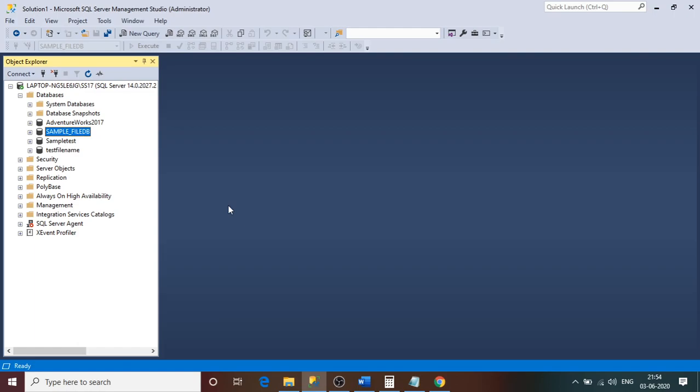So that means we can create a database with a file name of a different extension. It is perfectly okay, but the recommendation from SQL Server is that we create a database with the primary file having the .mdf extension and the transaction log file with the .ldf extension, so that it is easy for us.